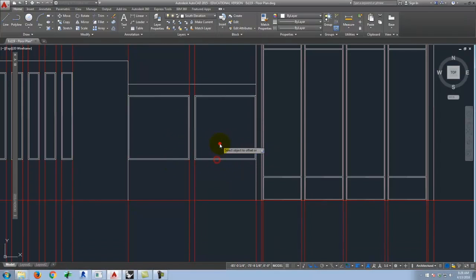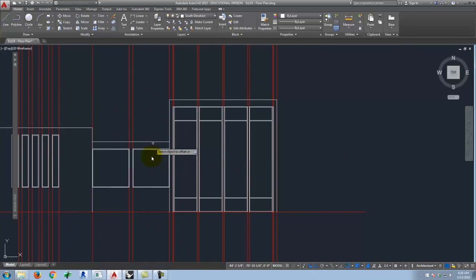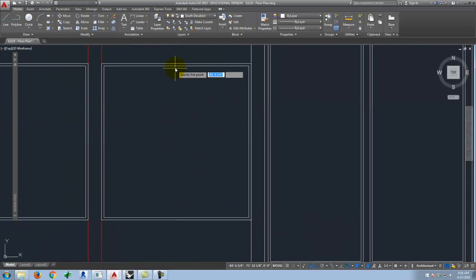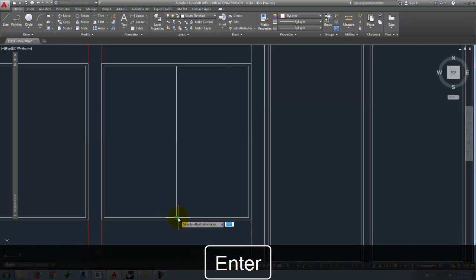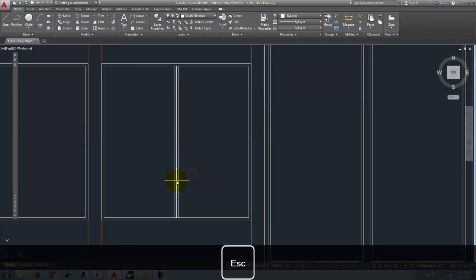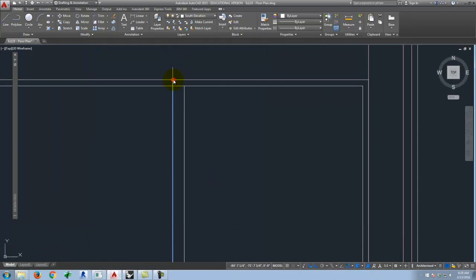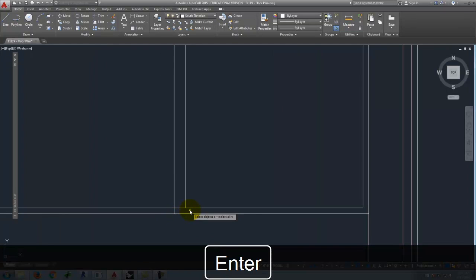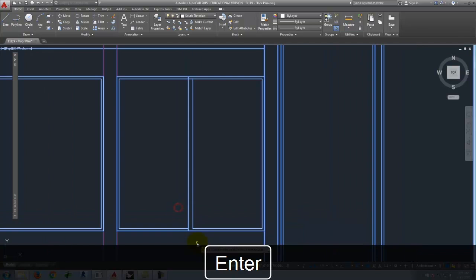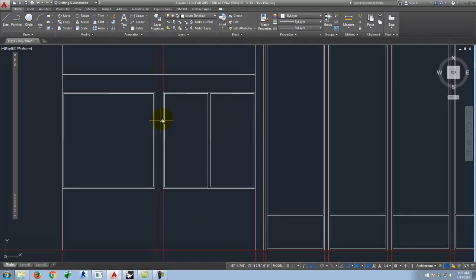There and there. Now I had originally drawn these as sliding windows, and I could divide those panes again with a little piece. So I could go here, and then let's offset to this side and to that side, delete the center, and since these are sliding, this would go up that, and then we could trim this and this. So technically that's more of what a sliding window would look like, but it doesn't really matter